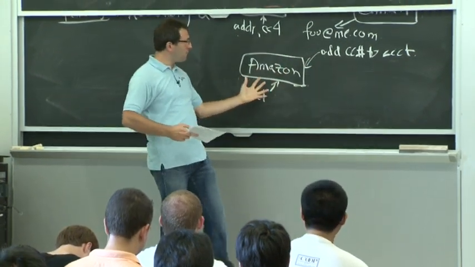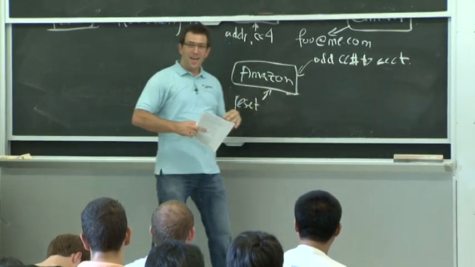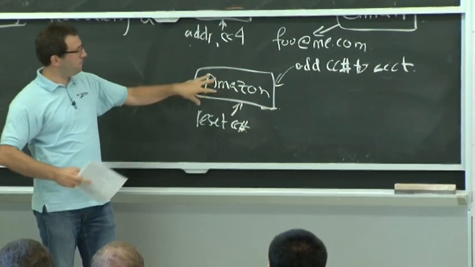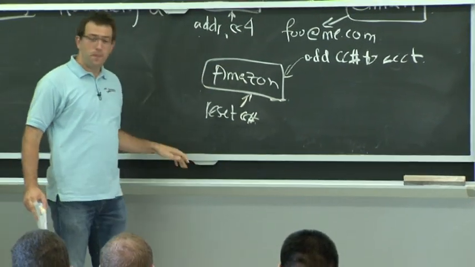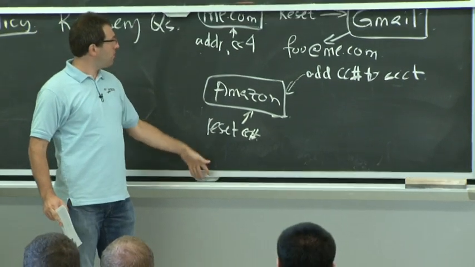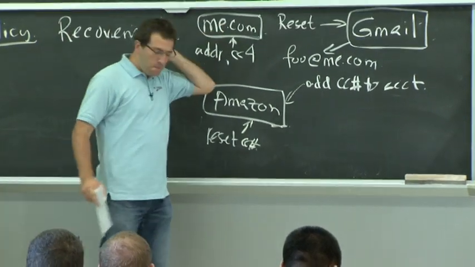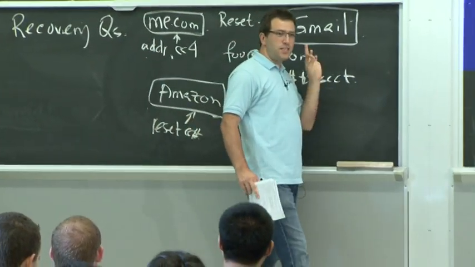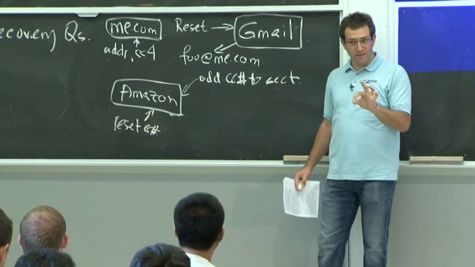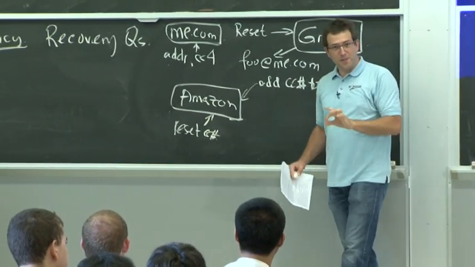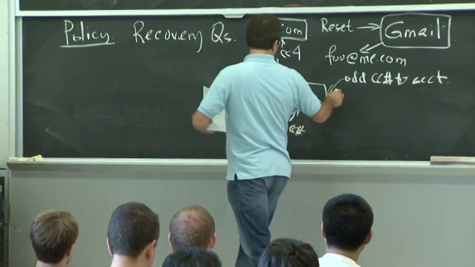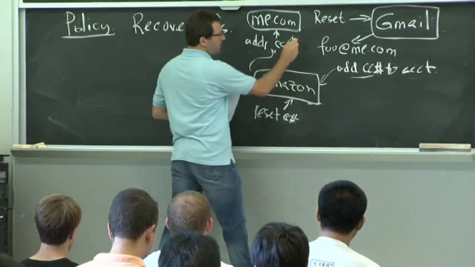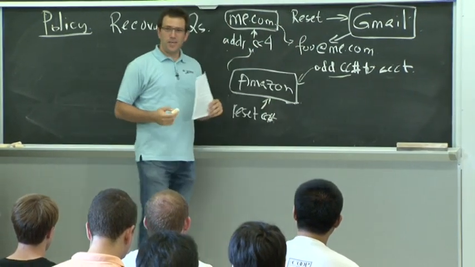and then I can say, hey, I want to reset my password. This is one of my credit card numbers. And this, in fact, worked. So this is where the bad guy got a hold of Matt's Amazon account. But OK, how do you fish out the credit card number for resetting Apple's site? Well, Amazon is actually very careful. Even if you break into someone's Amazon account, it will not print you the saved credit card numbers from that person. But it will show the last 4 digits, just so you know which credit card you're talking about. So you can list all the credit cards other than the one you added. You can then go and break into me.com.